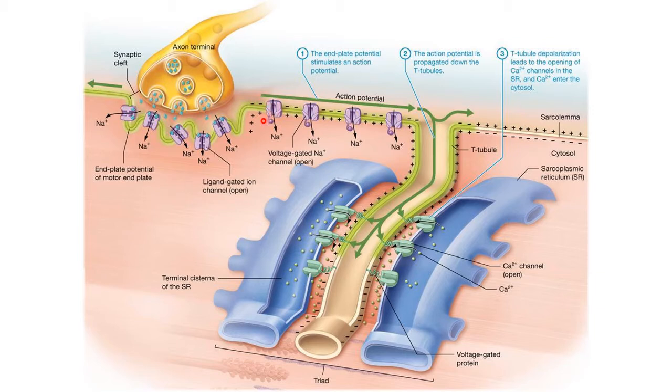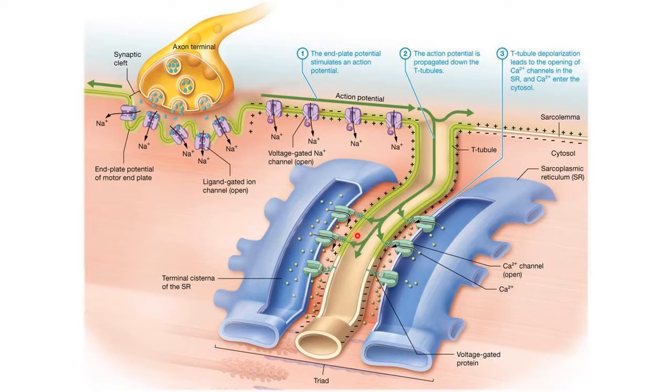they're going to open the voltage-gated sodium channels. Then you have an action potential starting there, sodium entering, those ions will diffuse down and open the next voltage-gated sodium channel. So then this part of the membrane will enter the action potential depolarization phase. Sodium will be coming in, it'll diffuse along the membrane down to the next voltage-gated sodium channel and open that, and so the action potential will spread across the whole sarcolemma membrane in all directions in 360 degrees and down